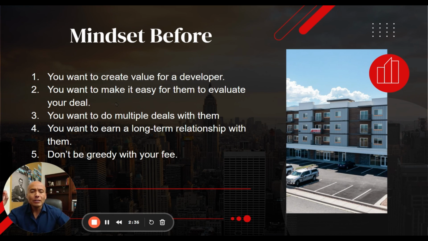number two, to make it easy for them, what you want to do is, ahead of time, before you ever call them, do a bunch of the homework. Call the zoning department and figure out what the zoning is. If you want to get it rezoned, find out if it can be rezoned and under what conditions. You're not going to actually go through that process because that typically takes a long time. There are exceptions, but typically it takes a very long time.